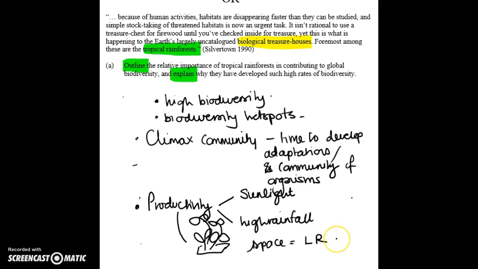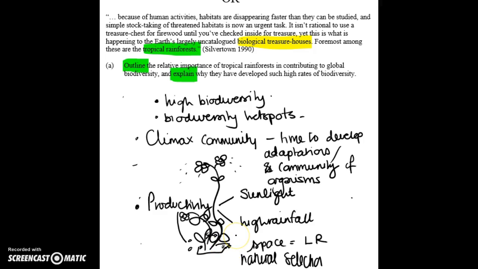I'll just use LR for limited resource. That means that these guys are all competing with each other, and competition can actually drive natural selection. If one of these can have an adaptation that will allow it to grow taller faster, it's more likely to be able to set seeds through producing flowers than its counterparts around it, which are setting flowers down here and a little bit later. And so this one might get its seeds out first, and so be the first to recolonize this little patch